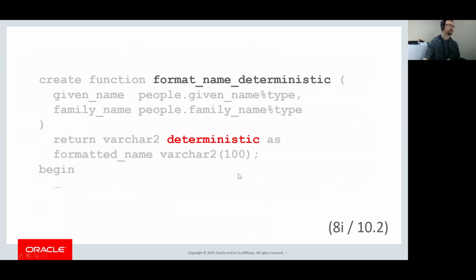Okay, so that's the first option we'll look at with calling the function. Another thing we could do is pre-compute the result. If we're going to have the same values passed in multiple times, rather than recalculate every time, it'd be nice to officially save it. And in 11g, we introduced something called the function result cache, which allowed you to do this. So there's a special area of memory which